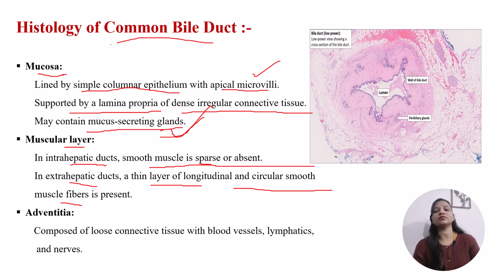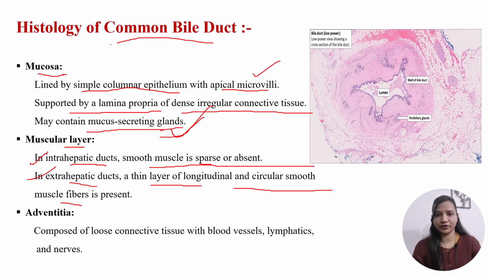Why so? Let's understand. The smooth muscle fibers in the intrahepatic duct are not necessary, because there is a passive flow of bile and there is no need of regulation. But in the extrahepatic duct,